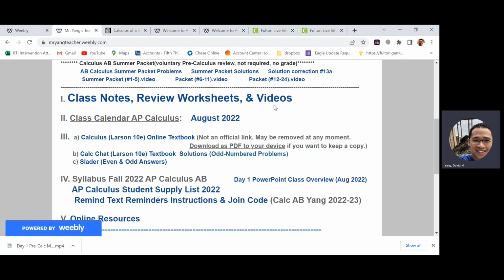If you think you're going to go down and pick up a copy of the physical textbook to leave at home, can you raise your hand so I can have an idea? Okay, about the same, about 3 to 5 students. So I'll probably set aside 15 to 20 textbooks, and Mr. Jones will do that as well. I'll let you know when they're ready for us, and then you can go down to the media center during your lunch, before school, or after school, and just check out the textbook. But again, leave it at home. There's no need to have this at school.